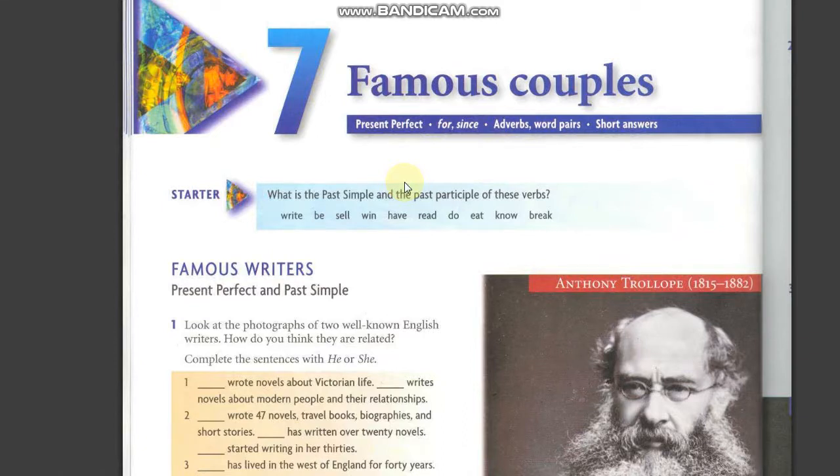Okay, this is very important. What we have here is present perfect, for, since, adverbs. Present perfect, what is the